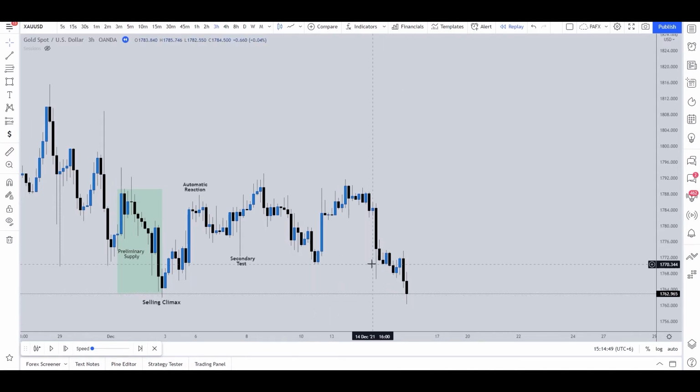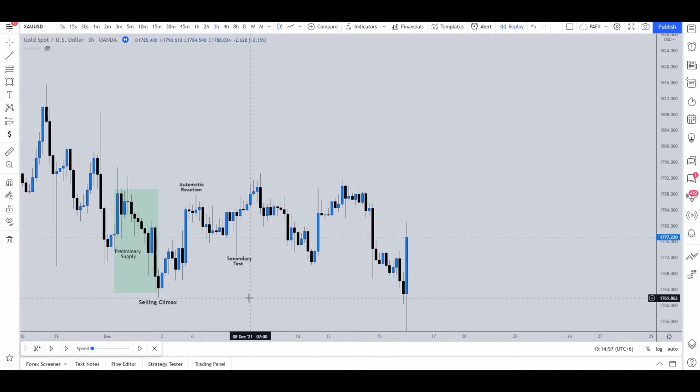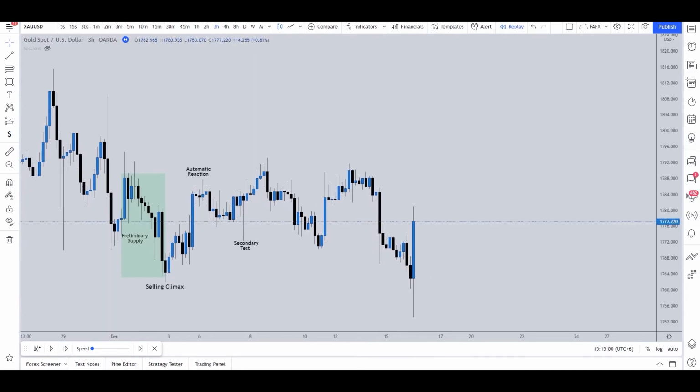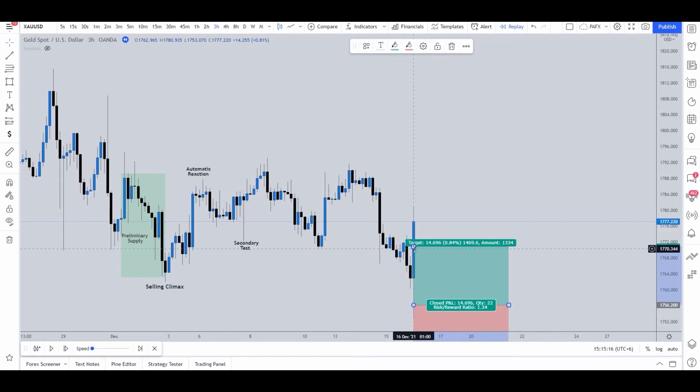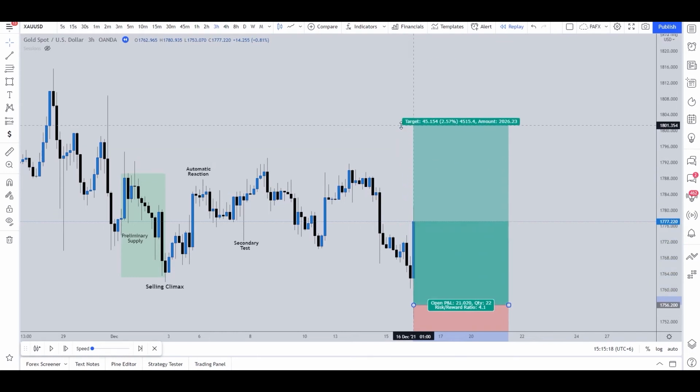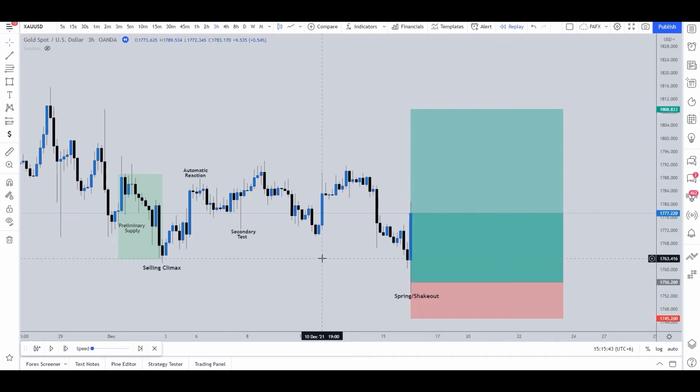Now we had FOMC news at that moment, so we were waiting for price to show the news move before we enter. Now here you can see, right when the news was published, we took this trade at this level. So this was our entry when the FOMC news was published and the price was really volatile. So we took our stop loss a bit widened so that we could give our trade enough breathing room. Now let's see how our analysis worked out.